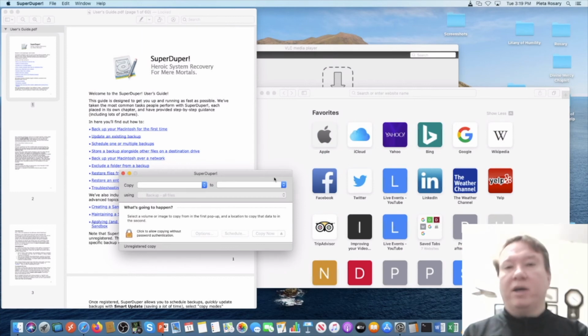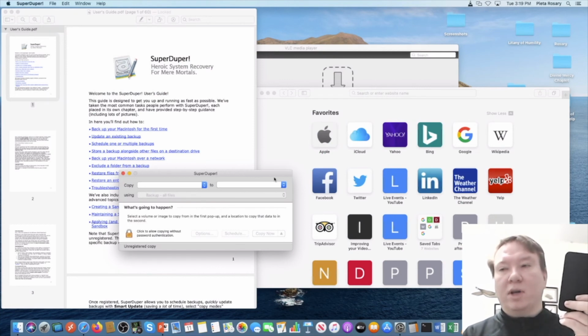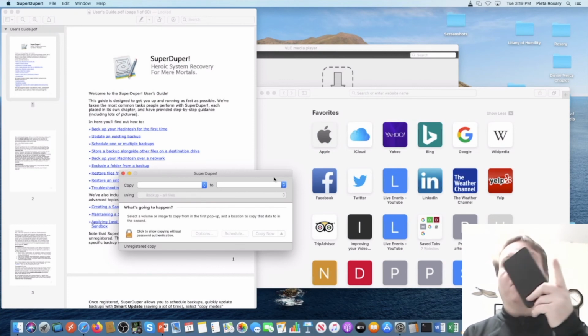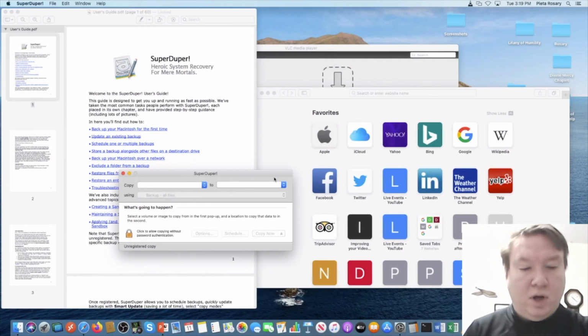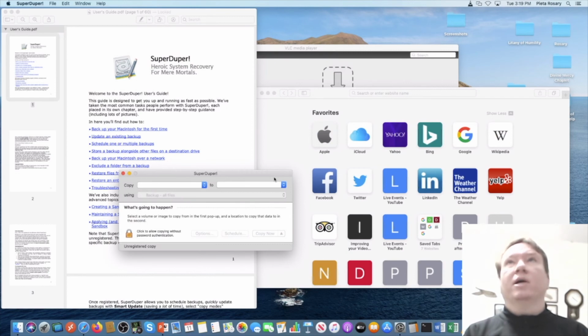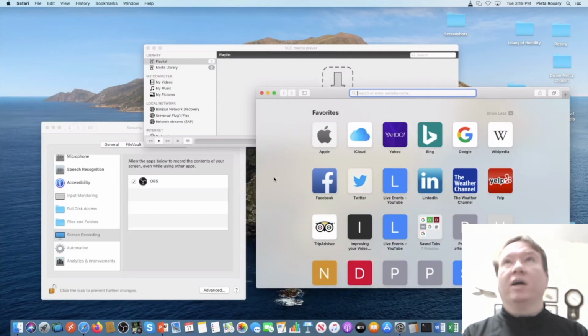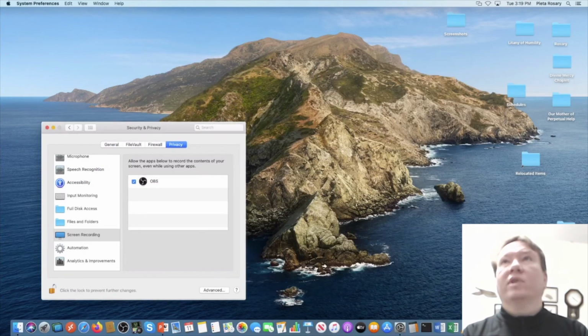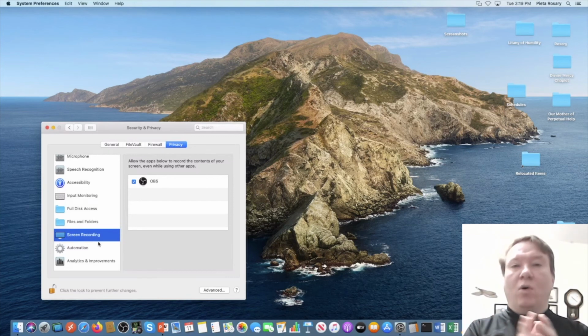Now I know that Mac has its own recovery mode and stuff like that, but if you're a PC guy and you want the easy route out, I'd recommend SuperDuper. If you've used Windows like I've done in the past, it's the quick and sure shot way of backing up your Mac and all of your critical files. So that's that. I just really wanted to show you all because I was so excited when I came across